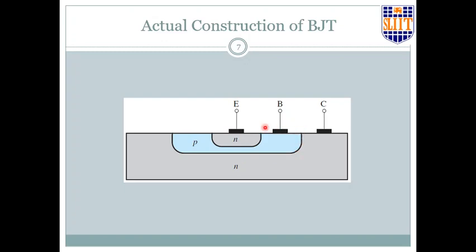Then again they will dope an N layer inside that P piece, right here. So after all, you will get this structure. The collector is a wider layer, largest volume, and the base